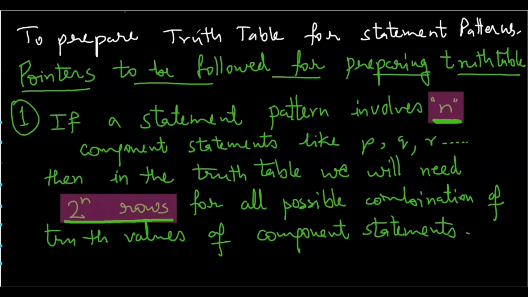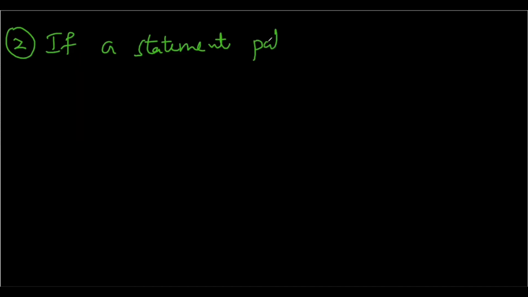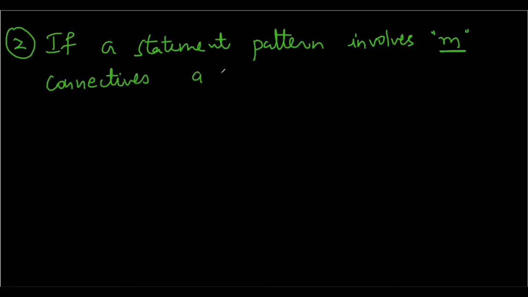This is the first pointer. I hope you all have followed. Now we will go for the second pointer. Second pointer is, if a statement pattern involves m connectives, what is m? M is a number, and n, which is again a number, n component statements,